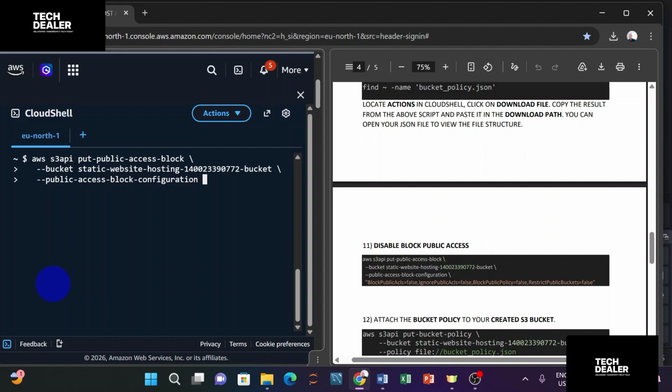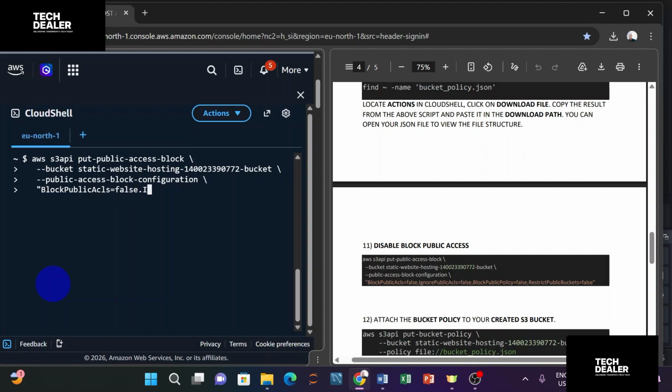All right, and I'll go to the next code block. Then this time around I will put all the configuration I want for this bucket. So I can use a double quote or single quote. Now notice how I type this. You can see that I am very careful with the casing of what I'm actually using, right? So block public ACLs equals to false,